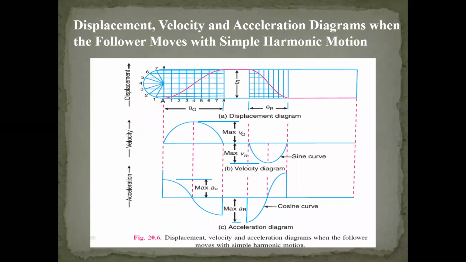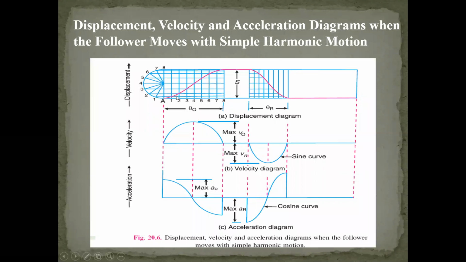In this, I showed the portions our cam has. For one complete revolution, the cam occupies a 360 degrees angle. That 360 degrees angle is divided into four portions. The first is the outstroke period, the second is the dwell period, the third is the return stroke period, and the final fourth is the remaining dwell period. So we have the outstroke and the return stroke.